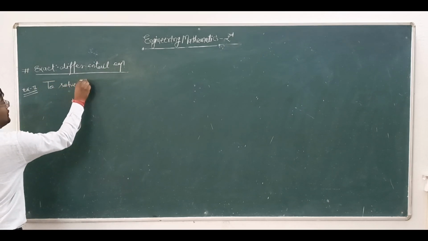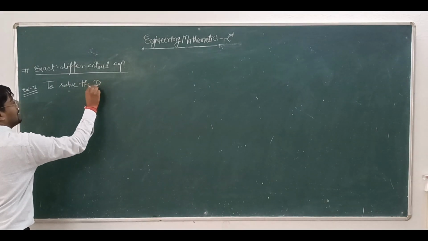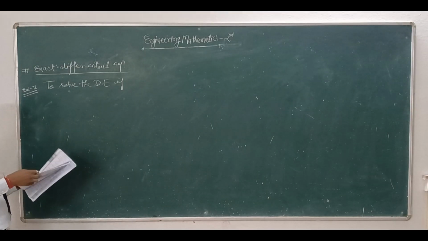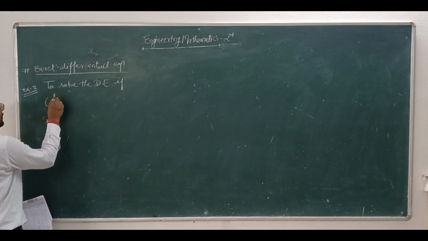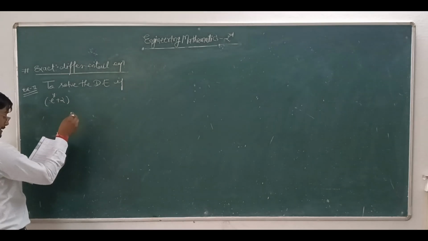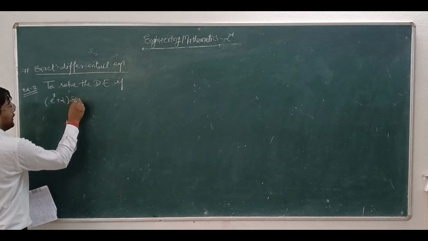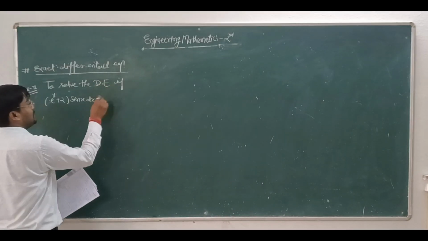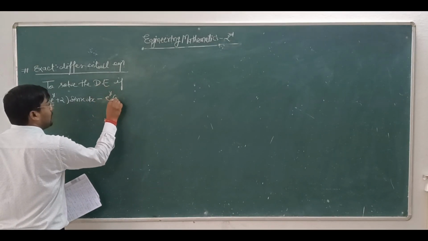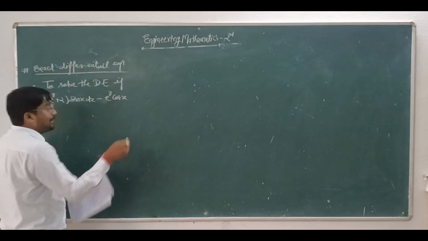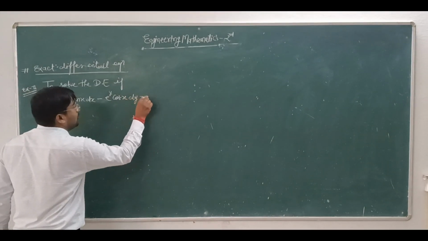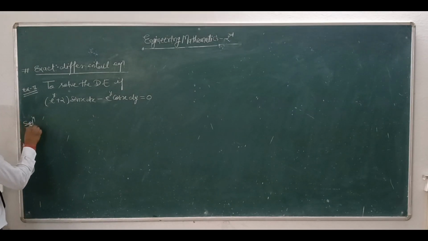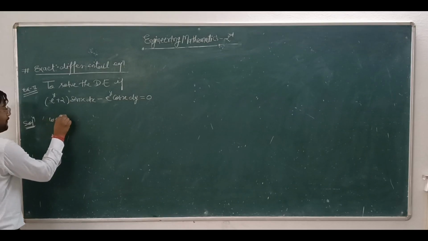Solve the differential equation: (e^y + 2) sin x dx + (−e^y cos x) dy = 0. Now the solution of this problem, first you can write we have